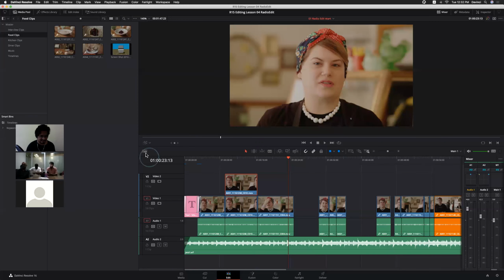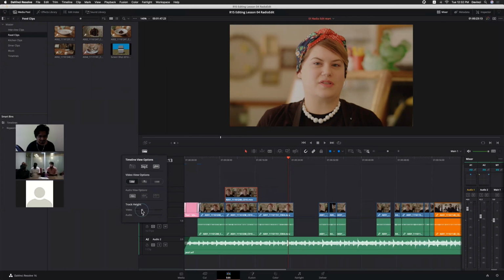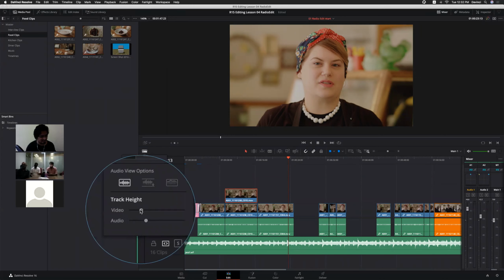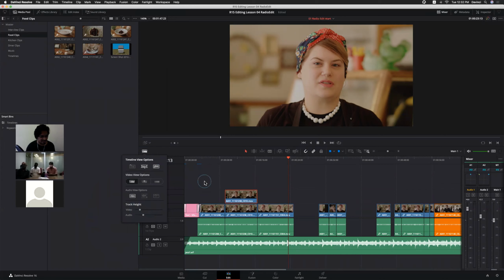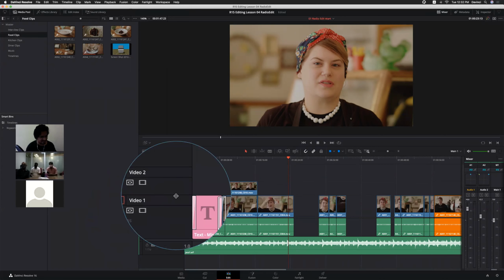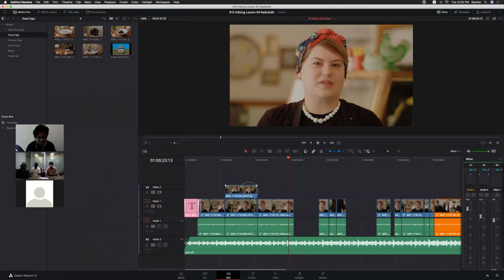let's say we have, okay, this option will adjust all the track heights at a time. If you want to make only one track bigger or smaller, you can use these controls here. Okay. Now let me copy.